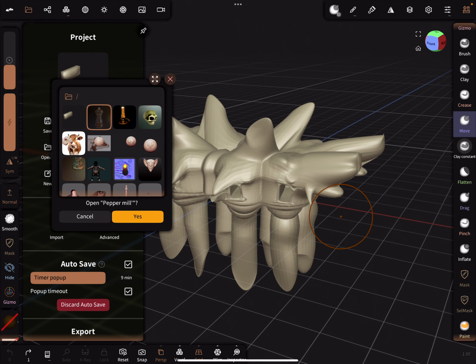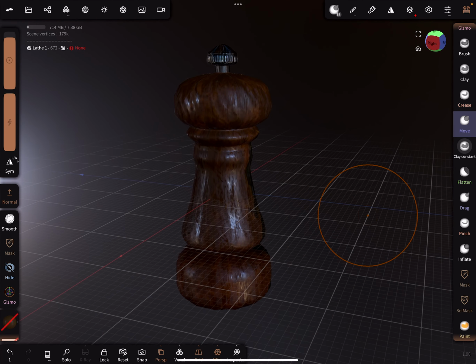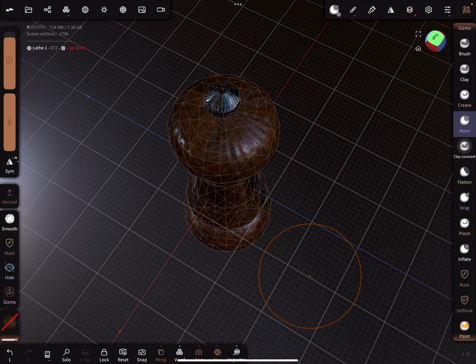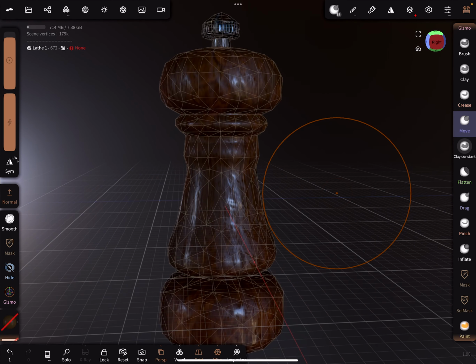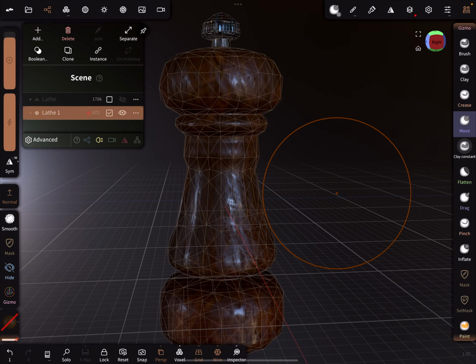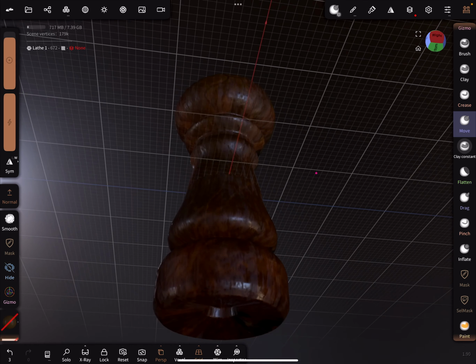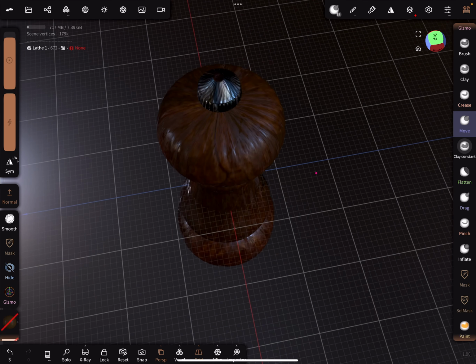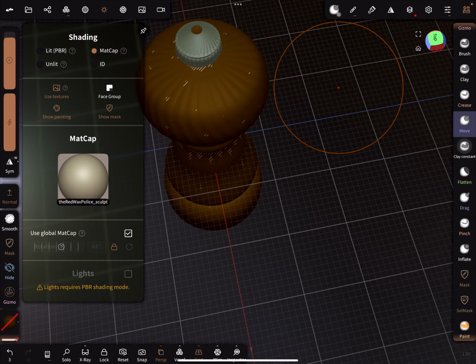Yeah, something I made the other day. It took me about 5 minutes. So I made this. This is game ready. If I turn on my wireframe, right? This is a game ready asset, fully textured, fully everything done in here. So if we look at our high poly, turn our wireframe off, this is the high poly. And if we go into matcap mode, you'll be able to see